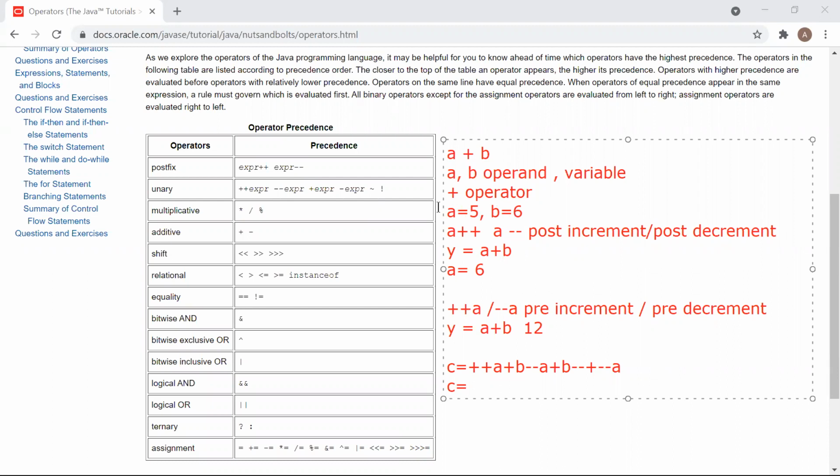You have to take a is equal to 5, b is equal to 6, and then you have to solve this.